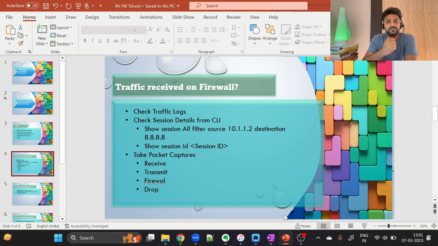The other way is from the CLI. Just log into the command line of the firewall and run this simple command. It is the same thing as checking the traffic logs or setting the filters in the GUI. In the CLI we do the same thing, but it shows us the sessions. Sometimes we don't see the traffic in the traffic log, but we can see it in the session table. The command is show session all filter source